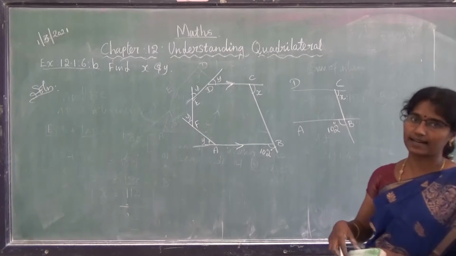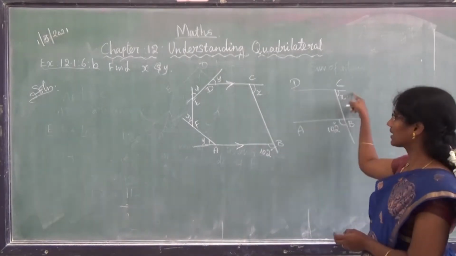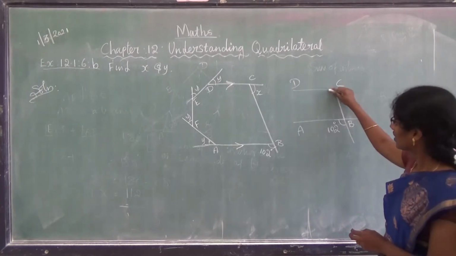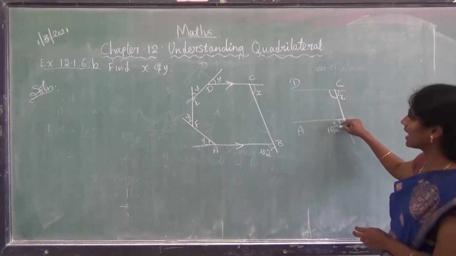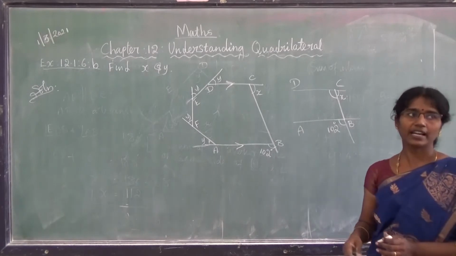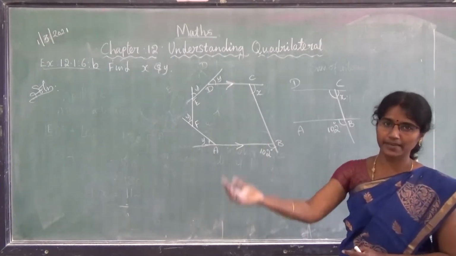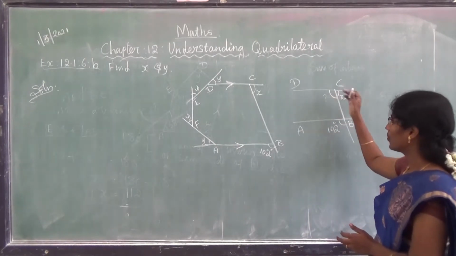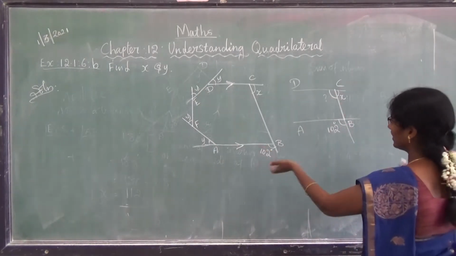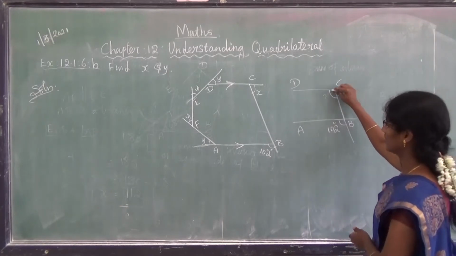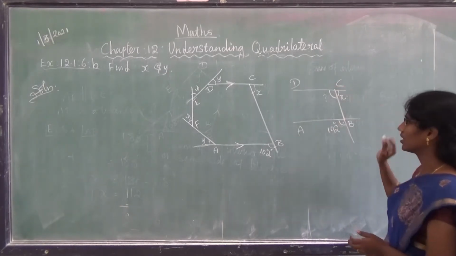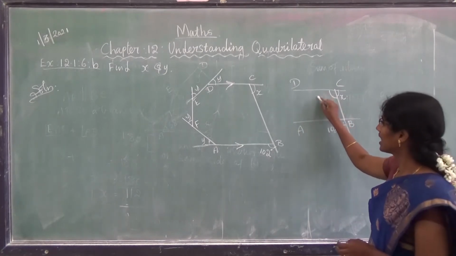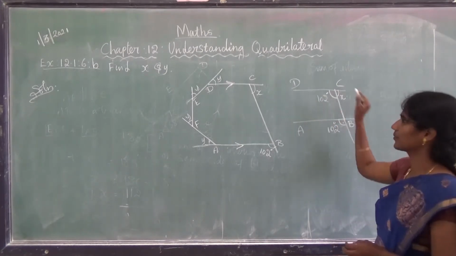Now by using the parallel line concept, if two parallel lines are cut by a transversal, we can say its corresponding angles are equal. Corresponding angles mean the angles which are present on the same side and the same position. So this 102 degrees and this one both are present on the left hand side and down of the line. Is it so? Both are down. So we can say these two are the corresponding angles. So here the angle must be 102 degrees.